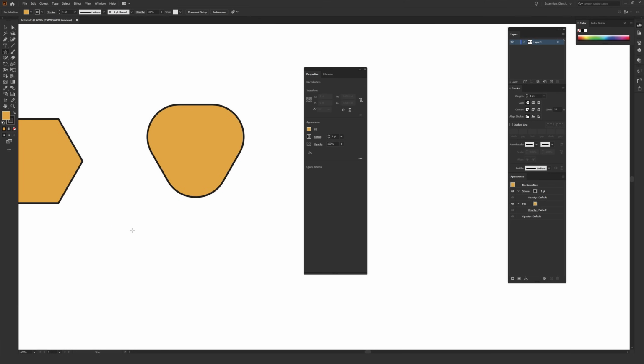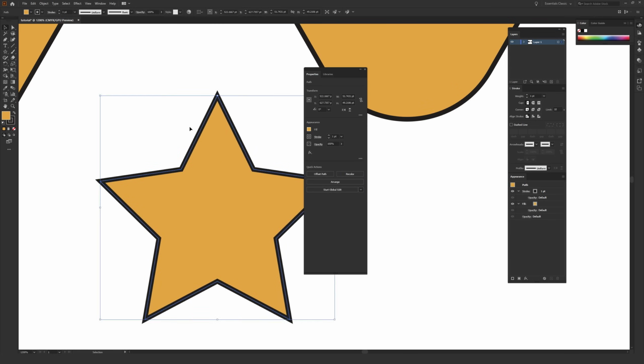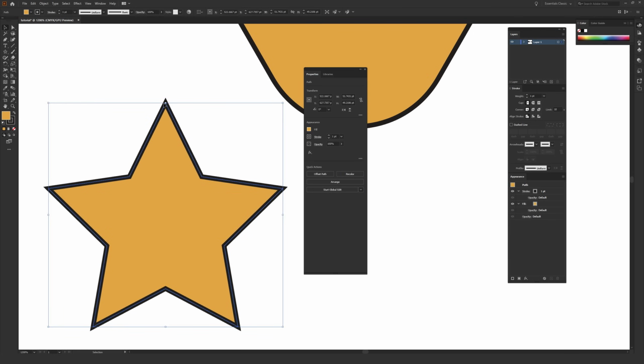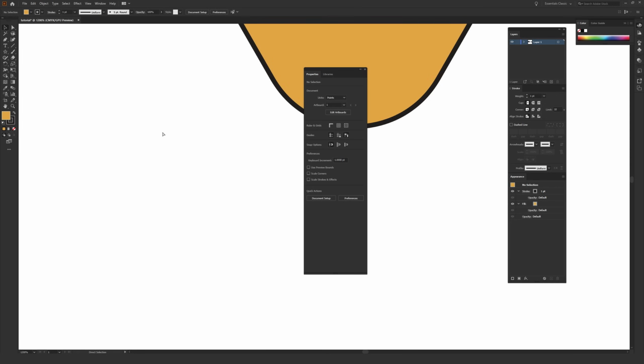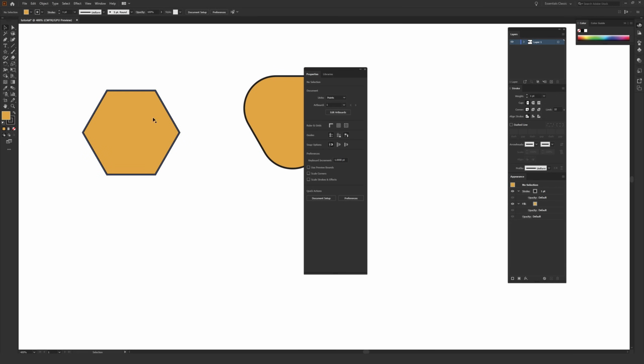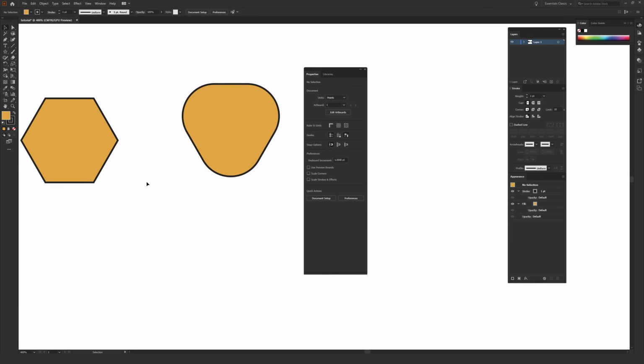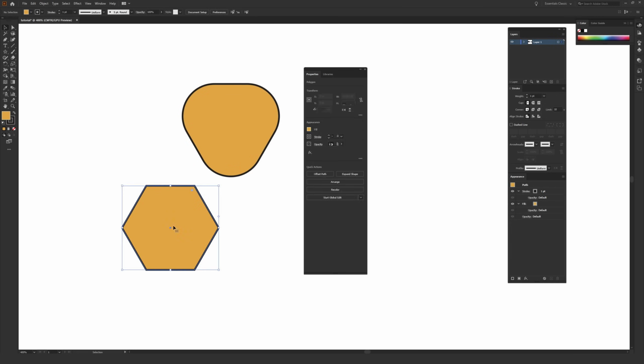For example, with a star, I'll just check to see if it lets you do that really quick. In which case, let's see, I don't see those options on the star. So for most shapes, you can go ahead and round the corners quite easily, at least if they are different polygons or squares. And while we're here, I'm just going to show the direct selection tool very quickly, which is